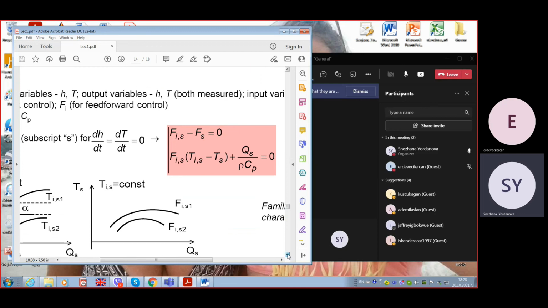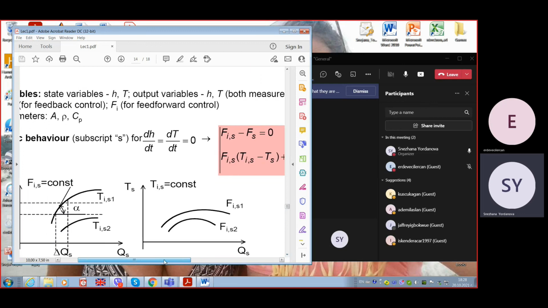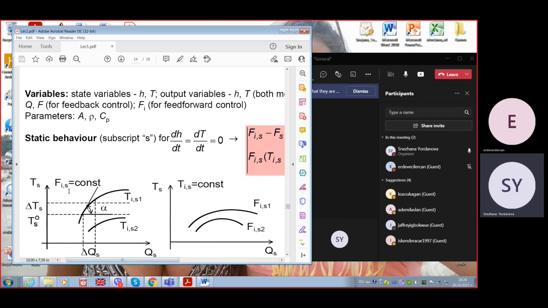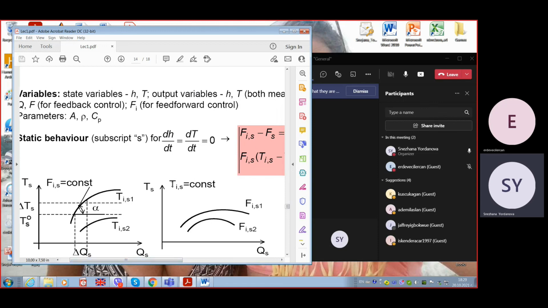Usually plants which we control have a nonlinear steady state characteristic. Some of the input variables, usually the disturbances, one is kept constant, the other takes constant values to make a family of steady state characteristics. And here, opposite, the Ti is kept constant, and we make a family of steady state characteristics for several different constant values of the flow rate at the input. The steady state input and the steady state output make the steady state characteristic